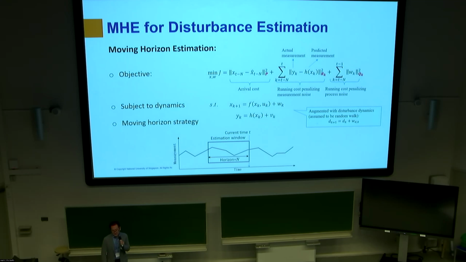And the last feature is a moving horizon strategy. So this is basically similar to a lot of SLAM algorithms. You move the horizon once you solve it, one step at a time. And the red letters P, R, and Q are the hyperparameters we want to tune, because we know that the performance of the estimation heavily depends on those parameters. And the problem is how to tune them.